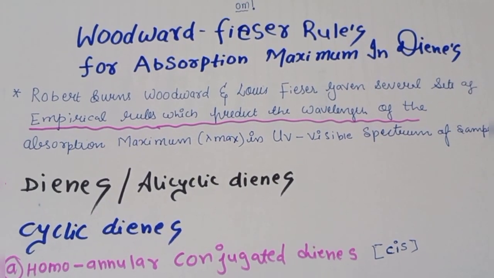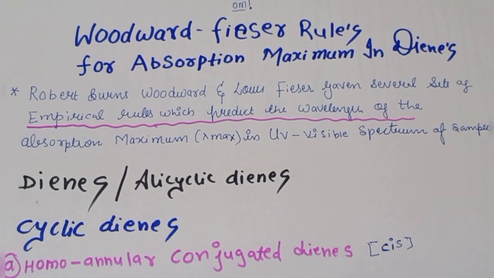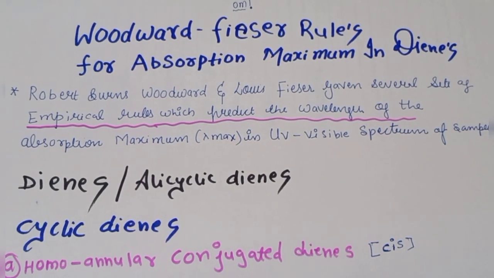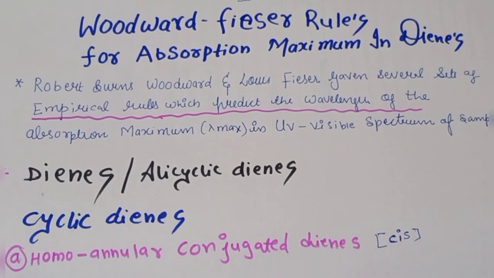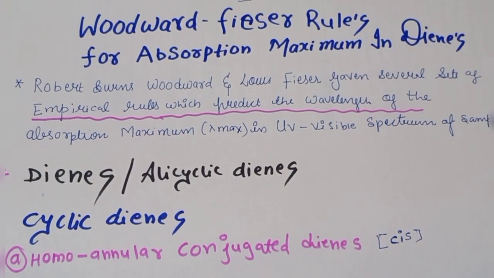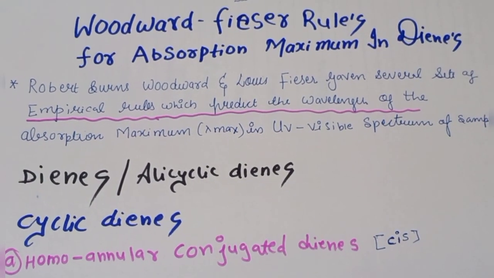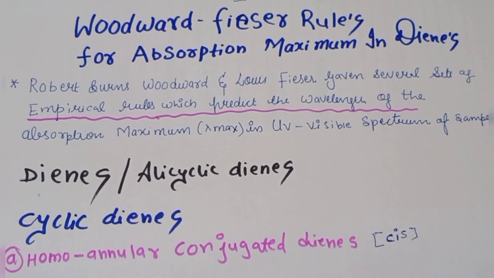Students, today I am going to take some examples of how to calculate the lambda maximum value in organic compounds by using the Woodward-Fieser rules. Students especially find many problems in calculating the ring residue, so I tried to explain it in an easy way with the help of some numericals.